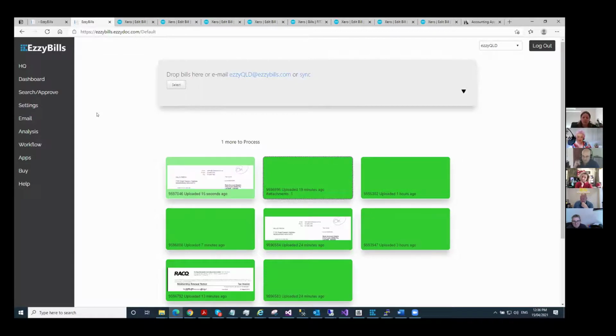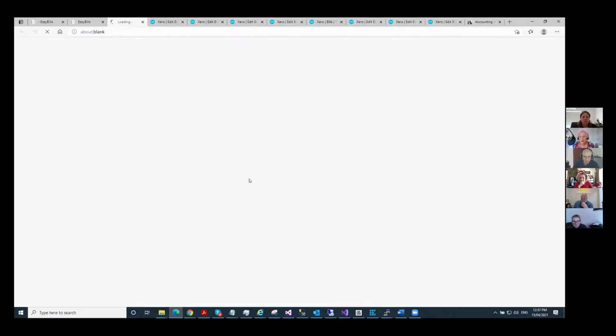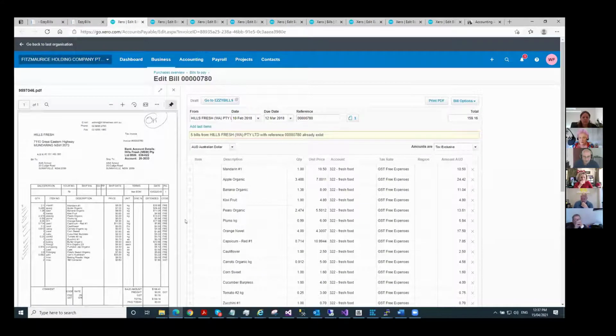In Xero, in the past, when you've been entering all the information, you've specified fresh food, and when it comes to the meat, you've specified the meat at a line level. So what EzzyBills would do is look at your history. In this case, this has been coded as fresh food because that's how I've coded it in the past. But if I had, say, rump steak here